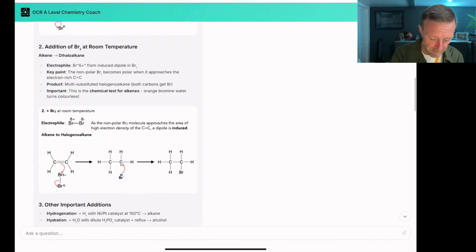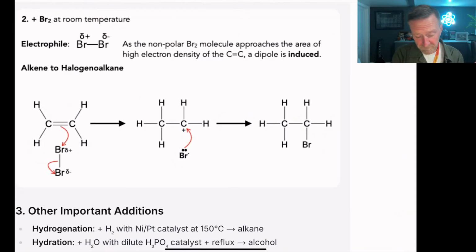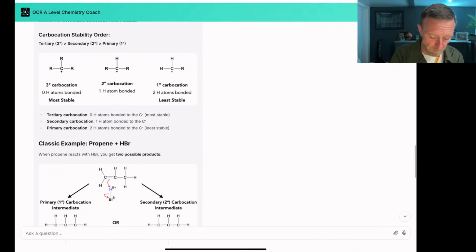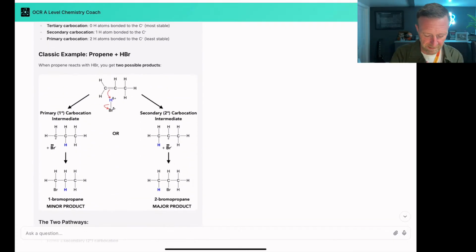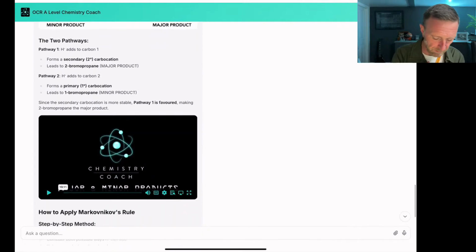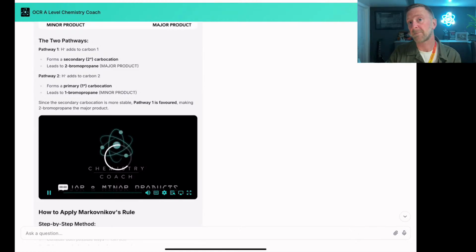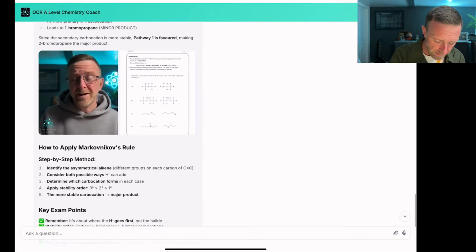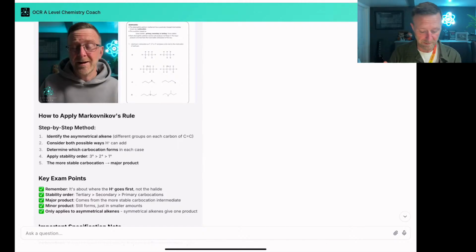So you can see this carbocation in the middle here. It's telling you the tertiary is most stable, the primary is least stable. That's the reaction. So a classic example there, and 2 pathways. And look, there's my video on major and minor products. If you want to watch the video, you can literally watch it straight in the chat. That'll come up, and I'm going to talk you through a worksheet on how to answer the different questions that you're going to get on Markovnikov's rule. When alkenes undergo electrophilic addition, be quiet, Rich. And there you go, a step-by-step method on how to answer those questions as well.